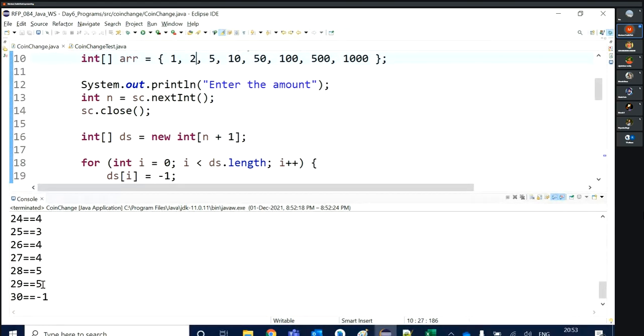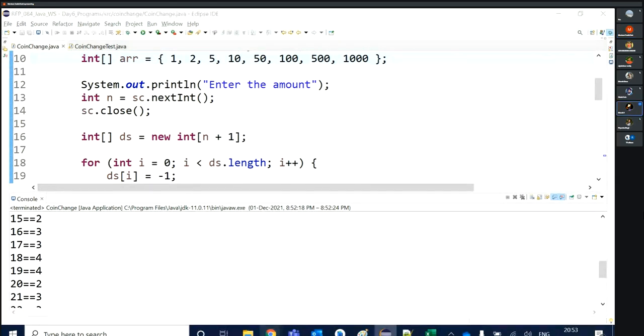Up to 29 it will give the solution, and for 30 it will add up the sub solutions: 30 minus 10 gives the sub problem 20. Check the answer for 20, it could be 2. Yeah, 2. So 2 plus 1 is your answer for the amount 30. Now everyone is clear?